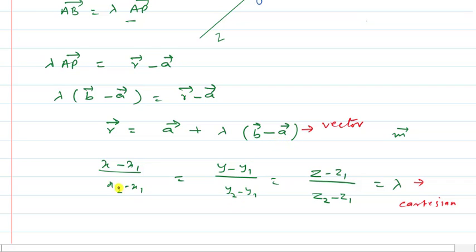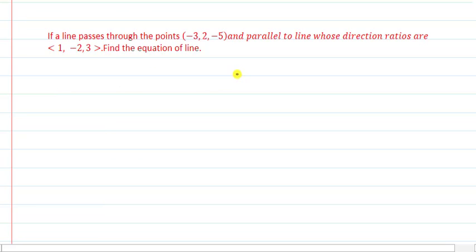So there is not a big difference. In the previous case we were having A over here, B over here and C over here, which is nothing but simply the direction ratios of the line passing through the 2 given points. So if 2 passing points of a line are given, then first of all directly calculate A, B, C by calculating x2 minus x1, y2 minus y1 and z2 minus z1 respectively and putting the values over here. This is one and the same thing.